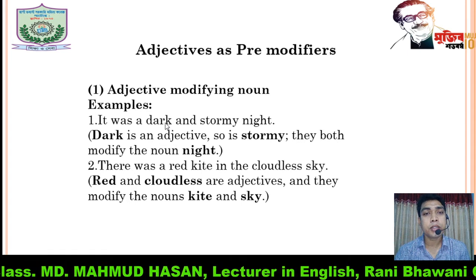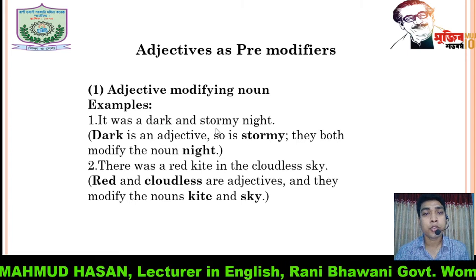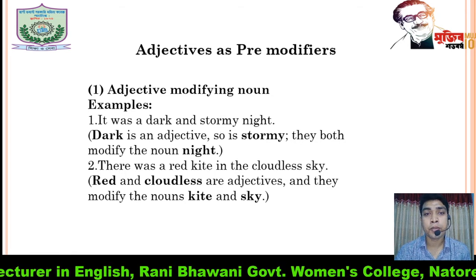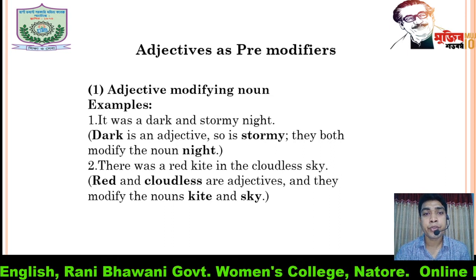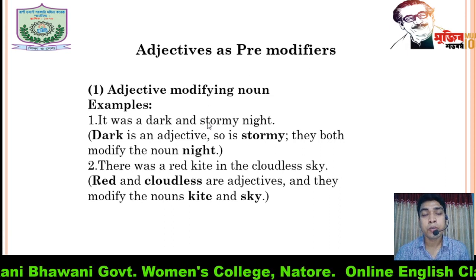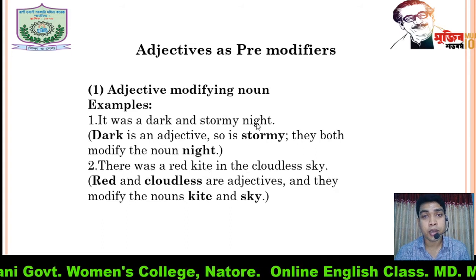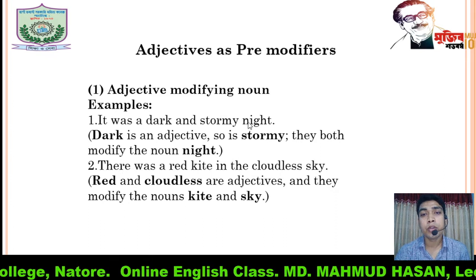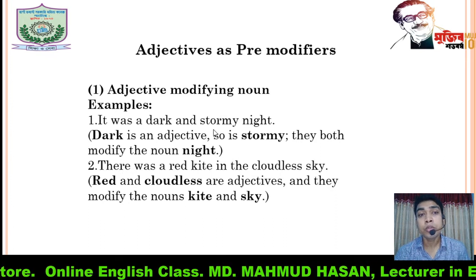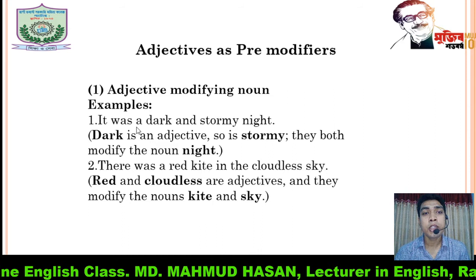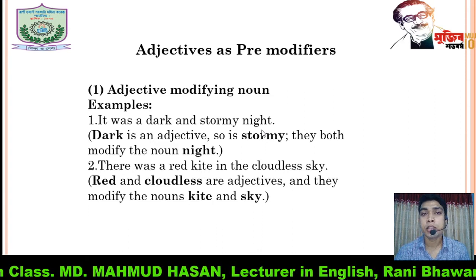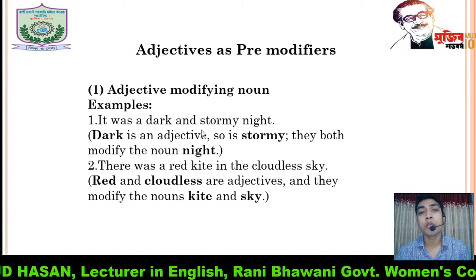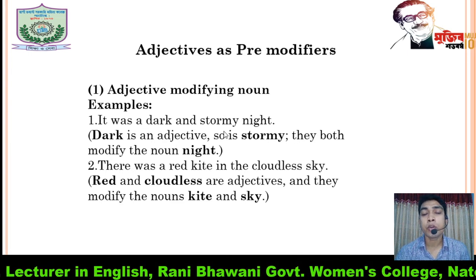Dark is an example of adjectives, and stormy is also an example of adjective. So dark and stormy have been placed before a noun, night, and they are modifying the noun. We could write it in this way: it was a night. It's a complete sentence. But whenever we say it was a dark and stormy night, this dark and stormy,